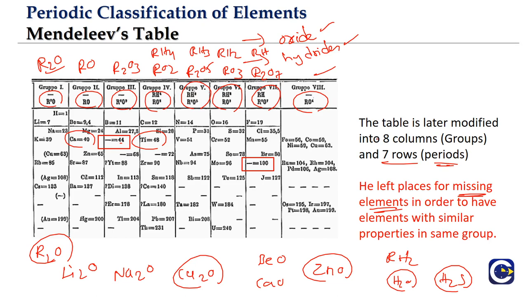So this has helped people in the discovery of the missing elements, because usually when an element is discovered, most of the elements have been discovered accidentally. But with this information, people would now know exactly what they are looking for. So they know that they are looking for an element with an atomic weight of approximately 44 and properties which are similar to that of the group 3 elements. So this has helped in making the attempts to discover elements speed up.